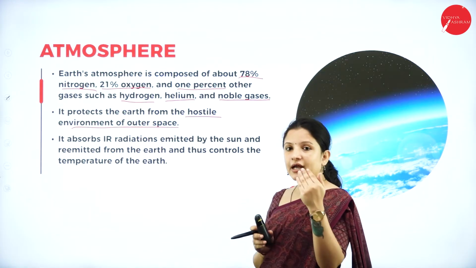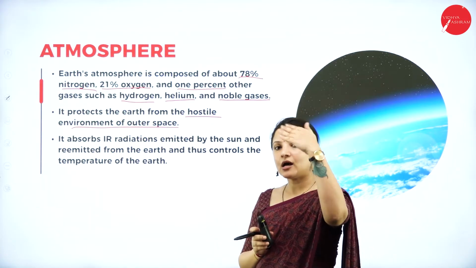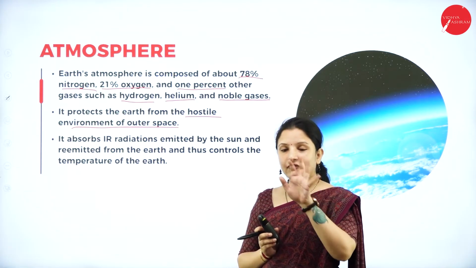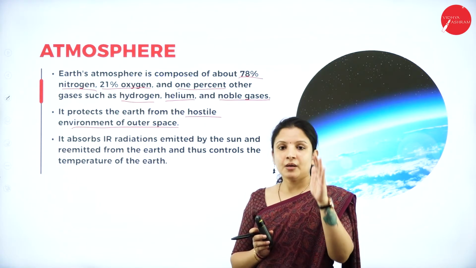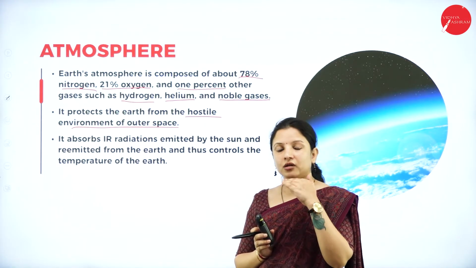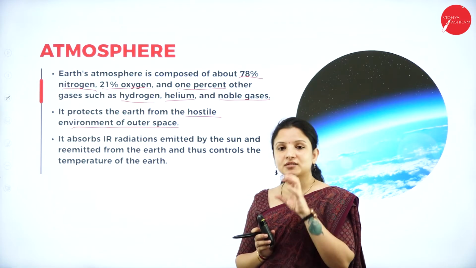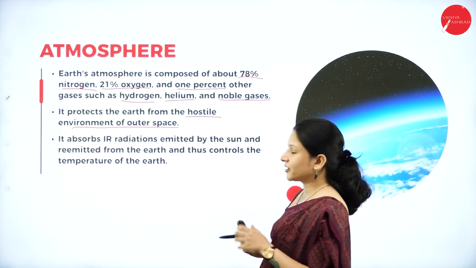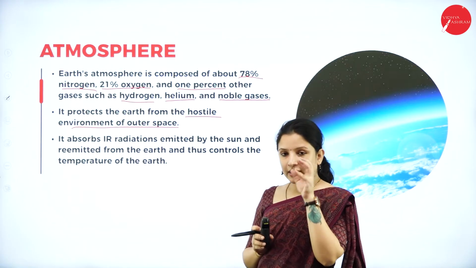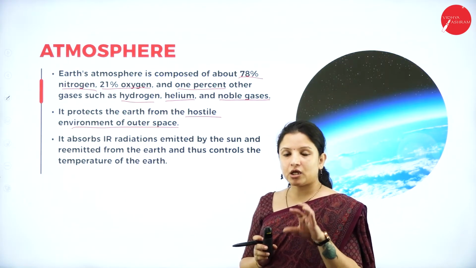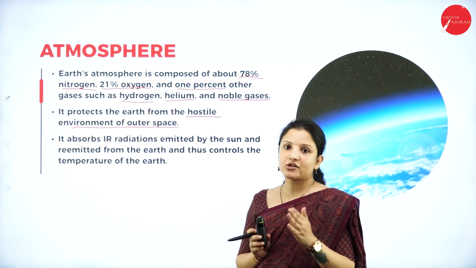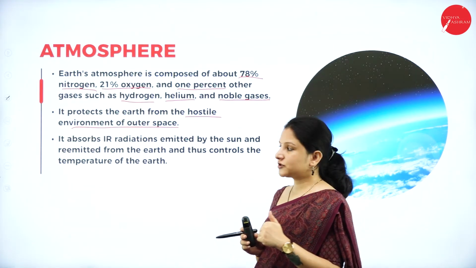So after the atmosphere, it is the outer space, right? In outer space, the temperature, everything is completely different, but the earth is completely protected by this particular atmosphere layer that is there. And apart from the atmosphere having an ozone layer which prevents the entry of UV radiations or ultraviolet radiations into the earth's atmosphere,